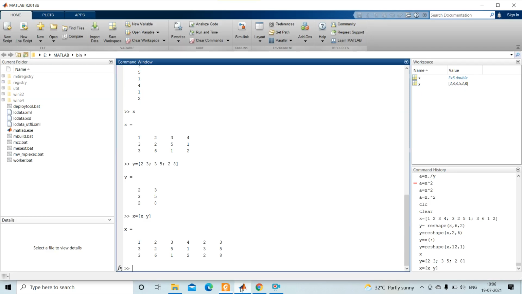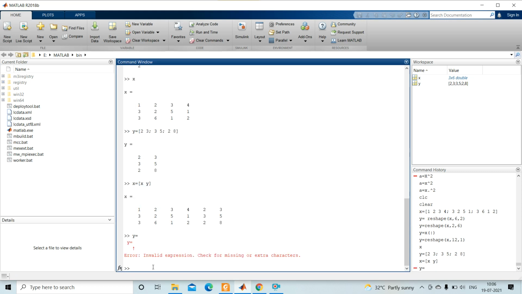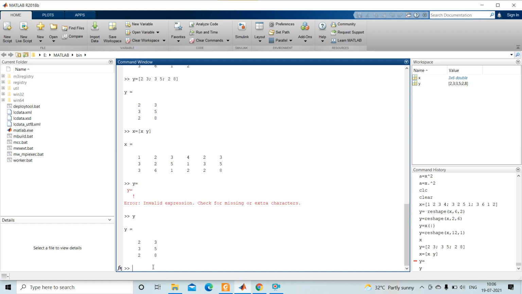appending a new row. Okay, for this, let y be equal to this one. Sorry, y is this. Okay, so here I want to add new rows. So here we have 2 columns and 3 rows.